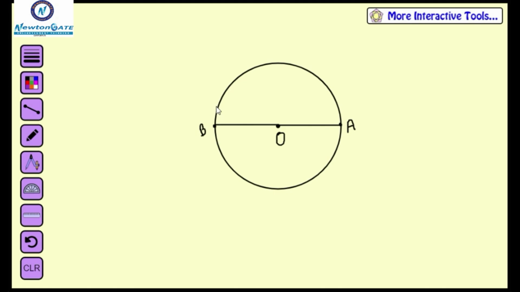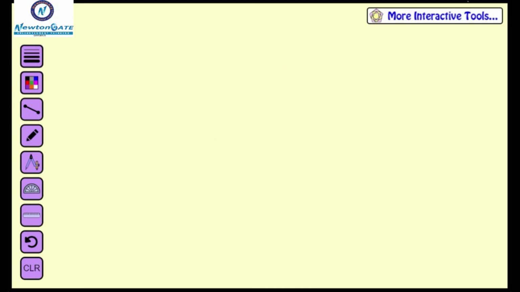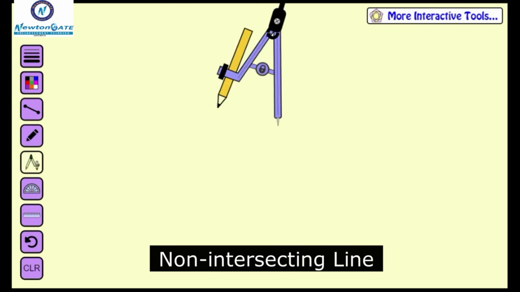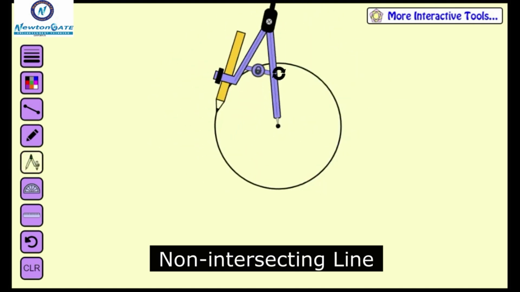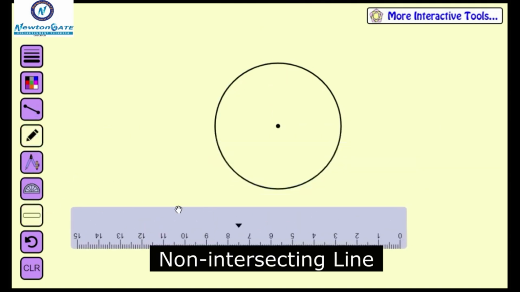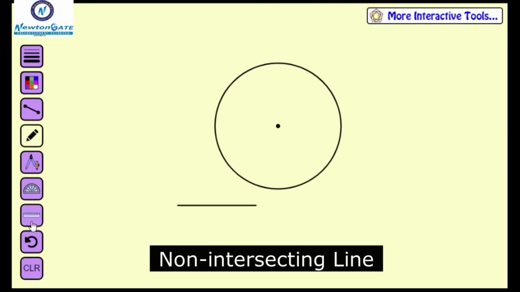Now we move to the next point, the relation between a circle and a line in a plane. There could be 3 situations when there are a line and a circle. The first one: at first we draw a circle on this plane and a line drawn here. Here we can see that the line and the circle have no common point. So this line is called a non-intersecting line with respect to the circle.